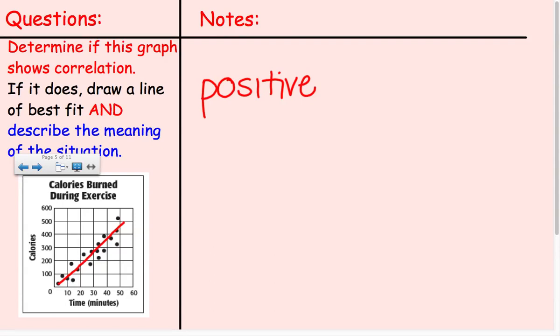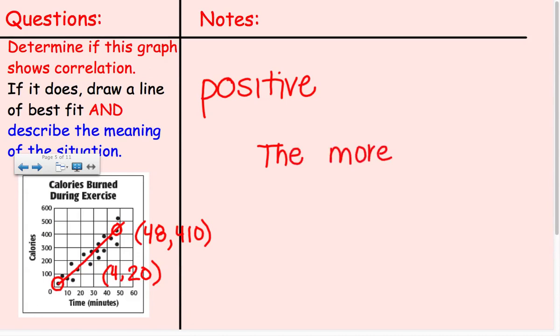Let's take 2 random coordinate points. So we'll pick this one on the bottom left, which would be about 4 and 20. And let's pick this one up here, which would be about 48 and 410. So the first one, 4 and 20, means after 4 minutes they burned 20 calories, and the second one means after 48 minutes, they burned 410 calories. So what we would want to say to describe this is